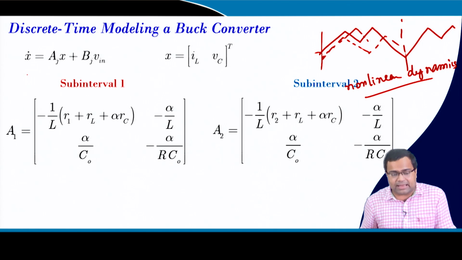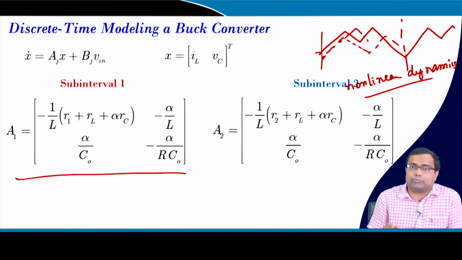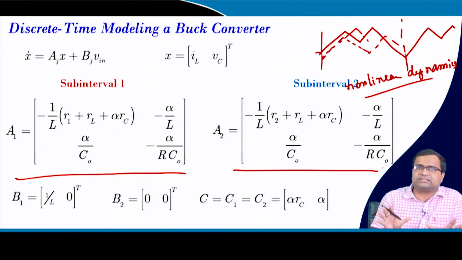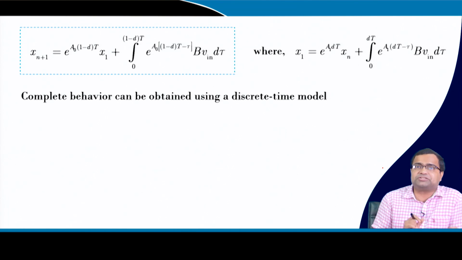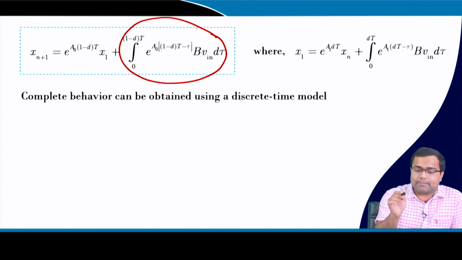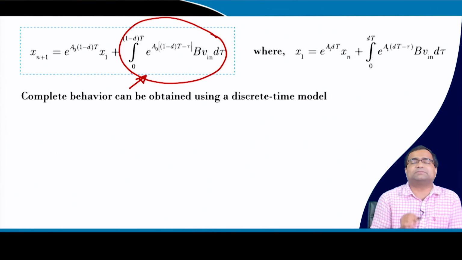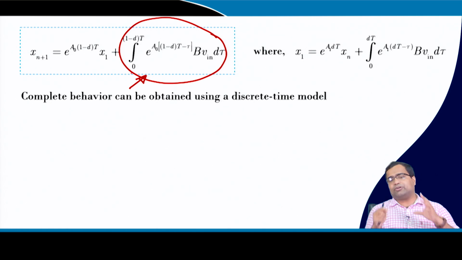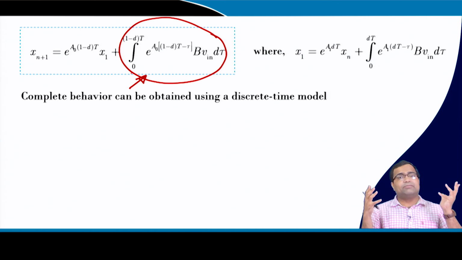So, that means this discrete time model also uses state space model, okay, and the A, B matrices. Whatever you use in state space, the same state space model will be required here, but you need to find the solution of the state space model, okay. And this term is particularly very important, because if you want to get the solution of the state space equation, there are multiple techniques to get an analytical form, but I am not going to discuss this technique because this will be somewhat advanced, and in future if any digital control course is offered, then this can be discussed in detail.